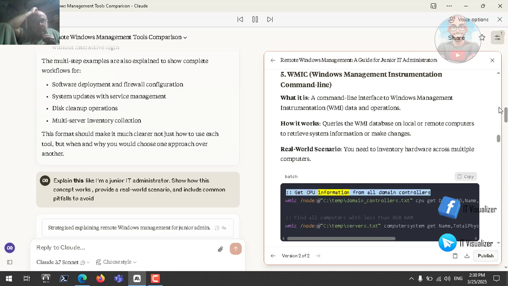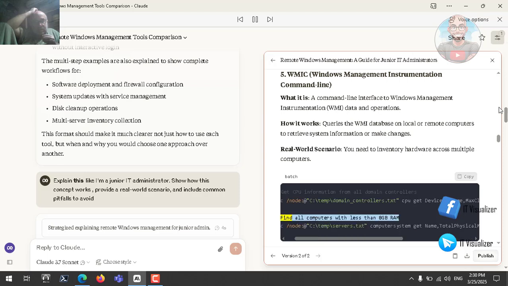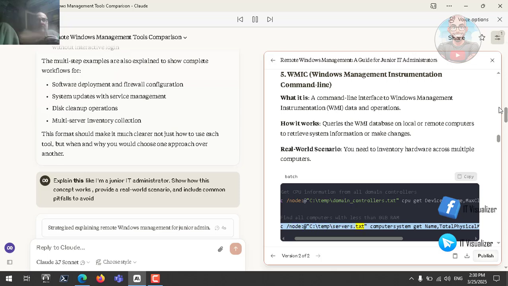Get CPU information from all domain controllers: wmic /node @C:\temp\domaincontrollers.txt cpu get deviceid,name,maxclockspeed. Find all computers with less than 8 GB RAM: wmic /node @C:\temp\servers.txt computersystem get name,totalphysicalmemory /format:csv